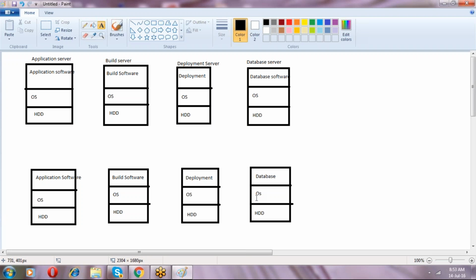So if you see all these boxes, how can we optimize this process? If you just think about it, how can we optimize this process? Something will happen, that is one case: one application server is down. Again, the backup server is there, and you use the backup server only once or twice, but still you are paying the entire yearly license cost, like OS and hard disk.